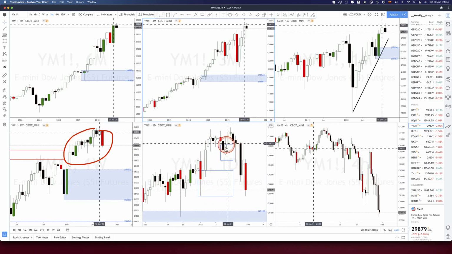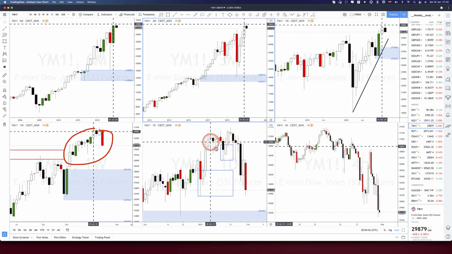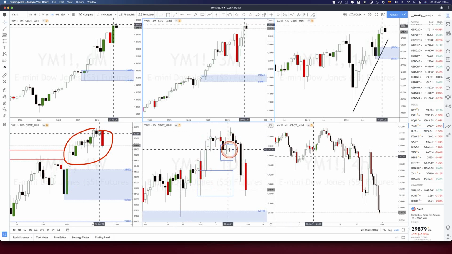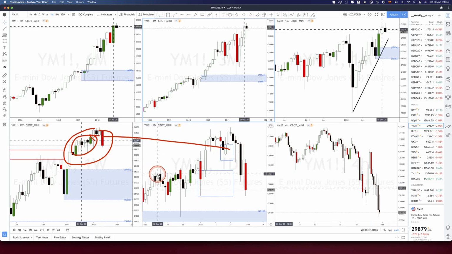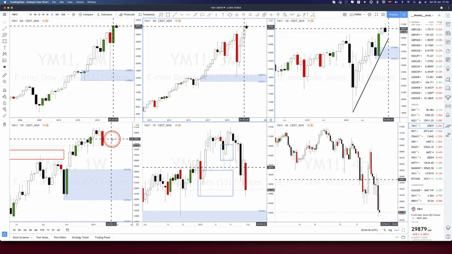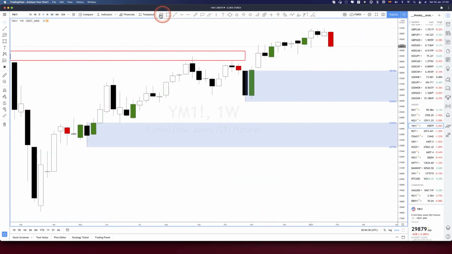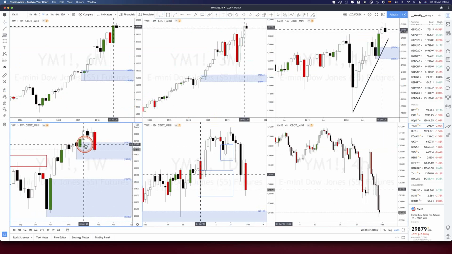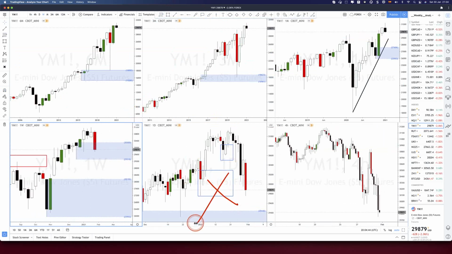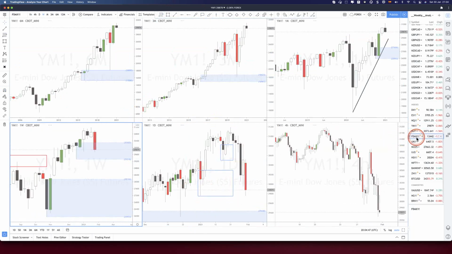If the daily is out of alignment with a daily area demand eliminated, then we need weekly average demand in order to go long. And this is not weekly area demand. And it wouldn't be scoring high. Okay, well, it is a weekly area demand, because it consolidated away, but it doesn't score high, so no set and forget. And the same thing happened on DAX.